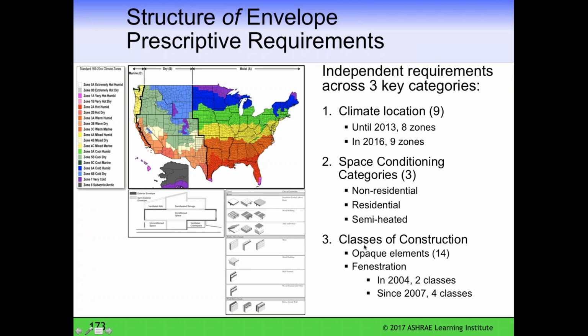Very important for prescriptive compliance is the number of classes of construction, both for the opaque elements, and we see